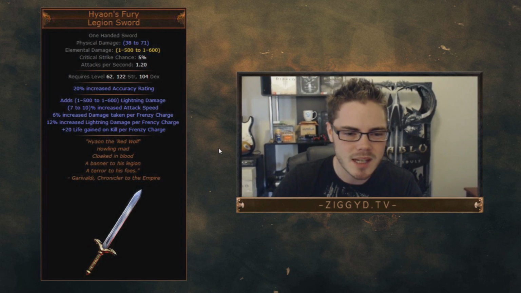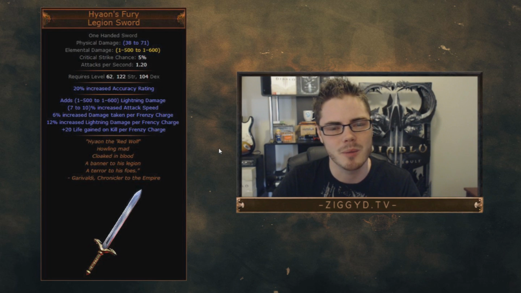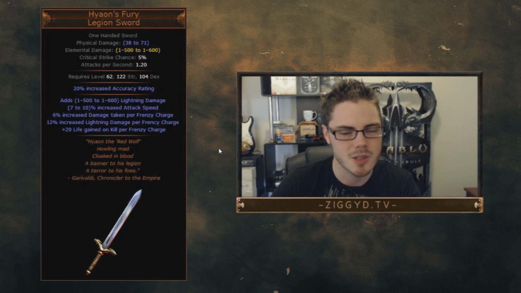We have 6% increased damage taken per frenzy charge. This guy cares not for his own safety. And you can get around 10 frenzy charges now through the passive tree, the bandit reward, and through various uniques. And there's a lot of extra synergy items for frenzy charges now, getting very cool in terms of frenzy charge builds. And then we get...